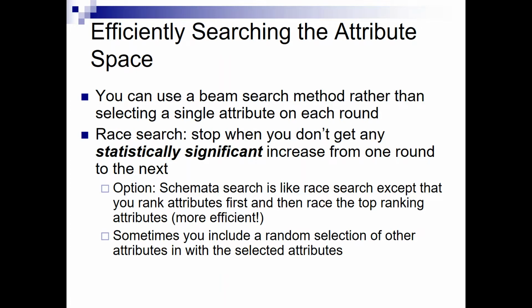Now, that was best first. So each time I added or removed one, but I could look for the top 3 options, the top 4 options, the top 5 options, and then branch out. And so let's say I picked 3 possibilities. Now I have 3 different subsets of features. And for each of those subsets, I look for which one I would add to that subset. And now I can branch 3 more.